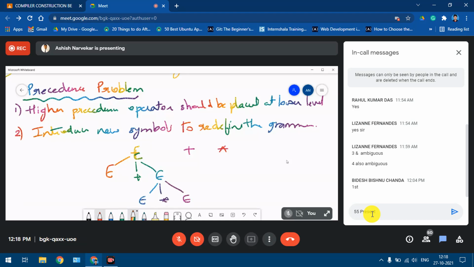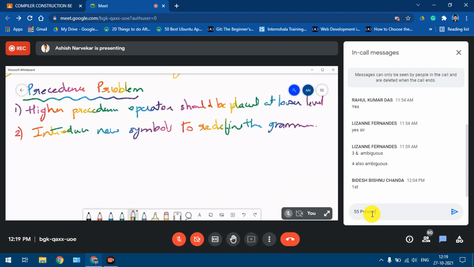So we know that the higher precedence operator is asterisk, that is multiplication. So I have placed it at a lower level. I think all of you know that when we talk about levels in trees, the lowest level is here, and this is the highest level. If I consider that this is level 0, this is level 1, and this is level 2, we can see that our higher precedence operator is at level 0, whereas the lower precedence operator is at level 1. So this is the meaning of placing the higher precedence operator at a lower level.